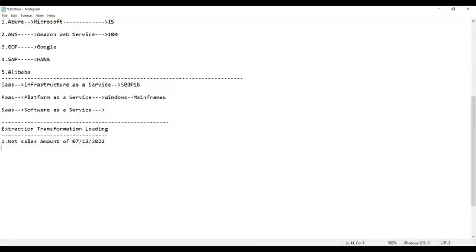And also they want the net sales amount of yesterday. What was the date yesterday? It was 06 12 2022. Am I right, everyone?